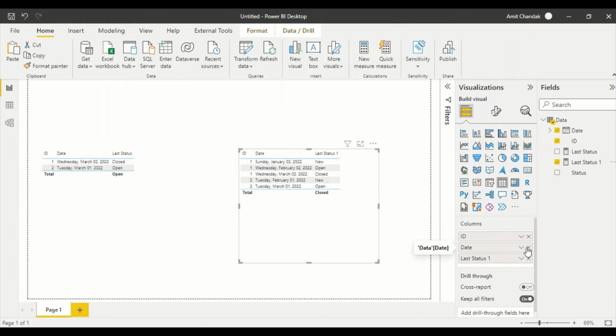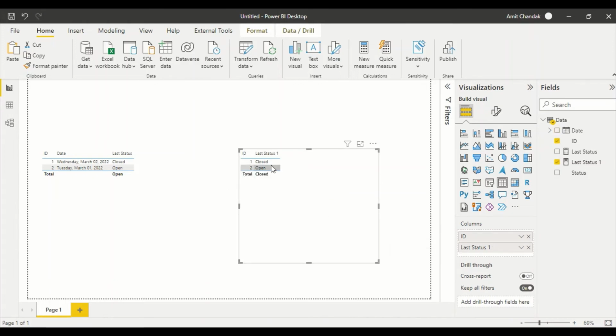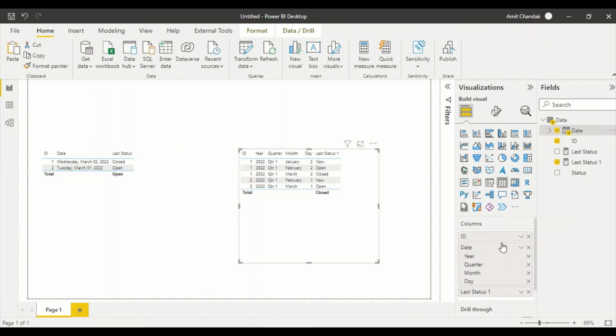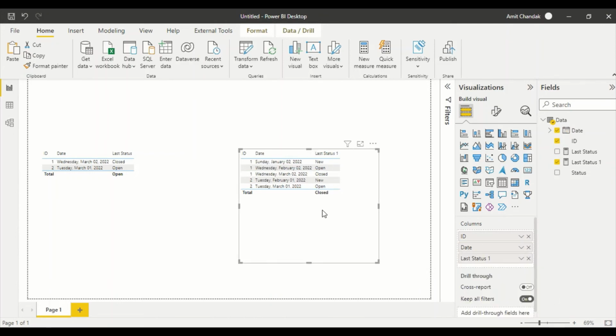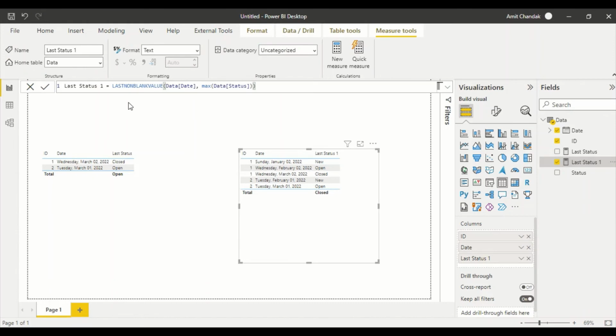Now, if I remove this date from here, see, it is giving me the correct status, closed and open. So if I bring the date here, let me bring it again. So the date is in the context. I need to remove that context. So, okay, to remove the context, we know CALCULATE. We say FILTER,